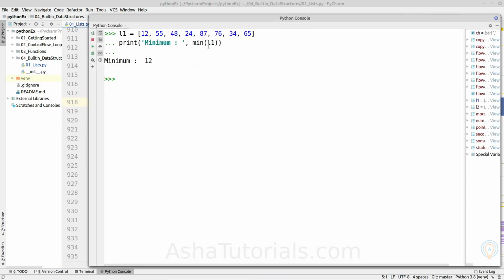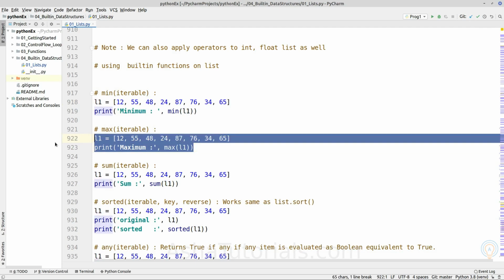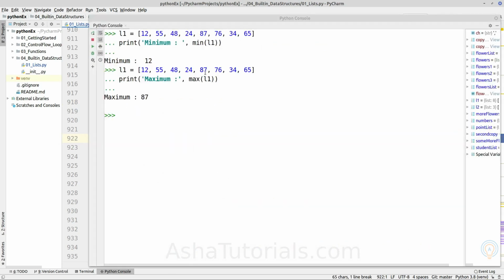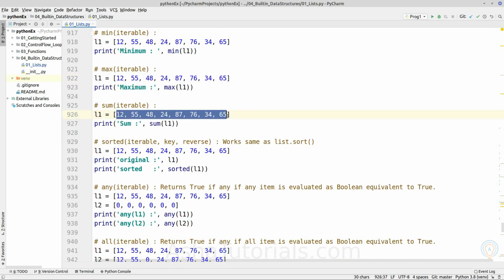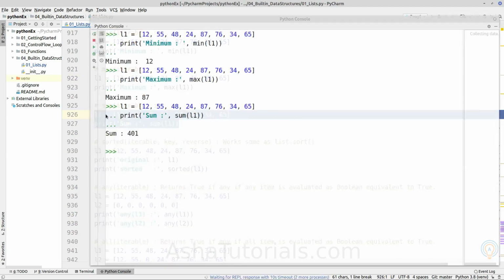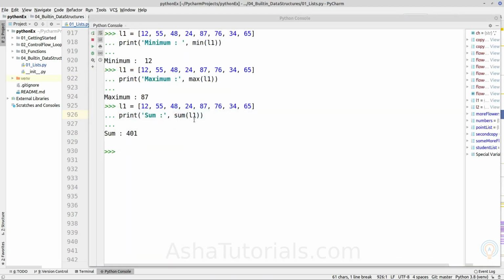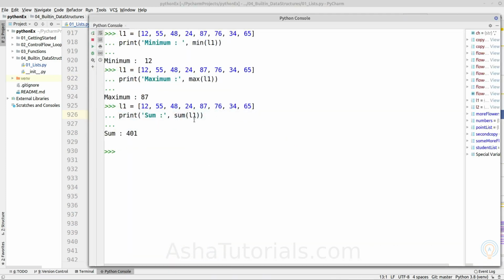As you can see, it is 12. In the same way, max returns the maximum value, which is 87. Sum returns the sum of each element of a given list. As we can see here, 401 is the sum of all elements.